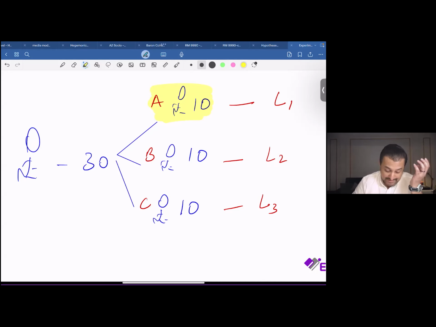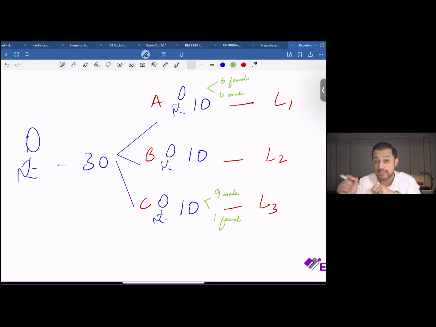For instance, if we talk about distinctions among these participants on the basis of gender, let's just say this first group has 6 females and 4 males, and the third group has 9 males and 1 female. Don't you think gender here could be a reason that brings a difference in the results, right? So, to avoid that, what many researchers do is